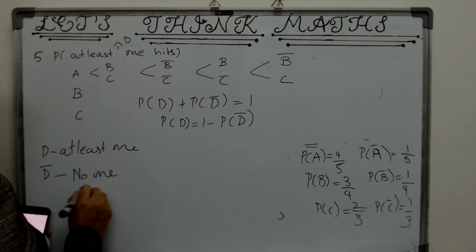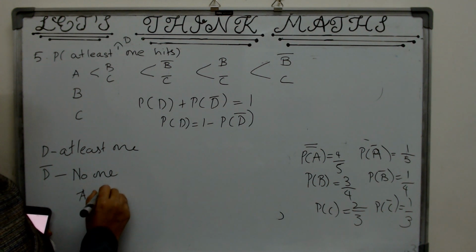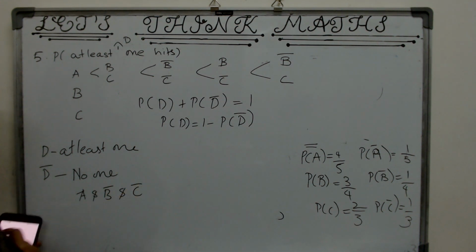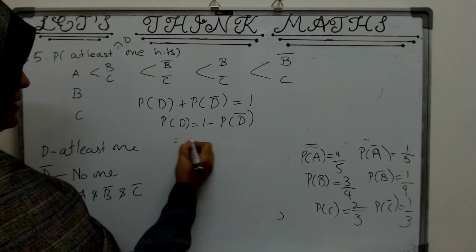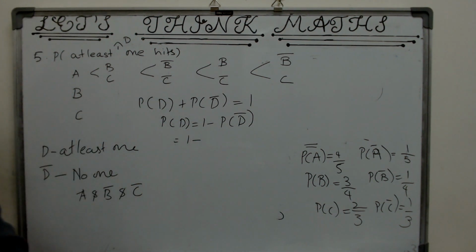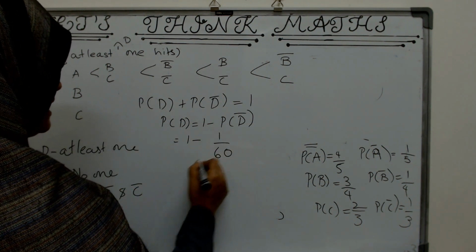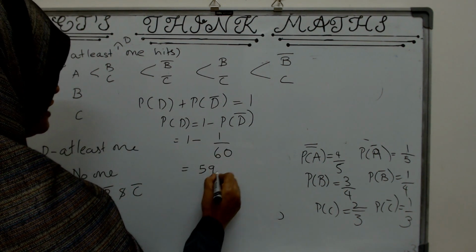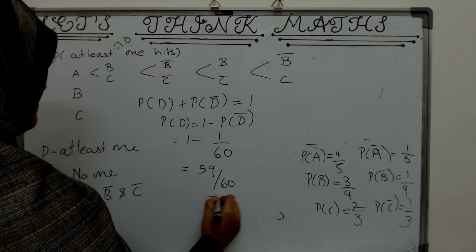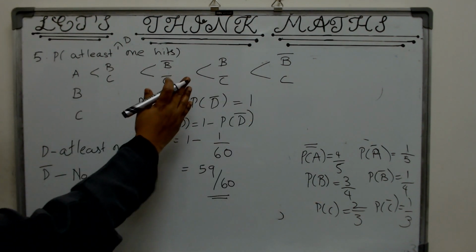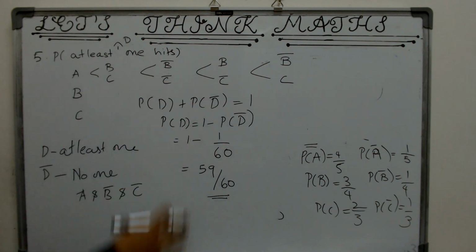That means A complement and B complement and C complement happens. And what does that mean? We have already found its probability, right? Just the previous question, it was 1 by 60. So your answer is 59 by 60. So please remember, whenever the calculation gets very muddled, go to the complement. Now,